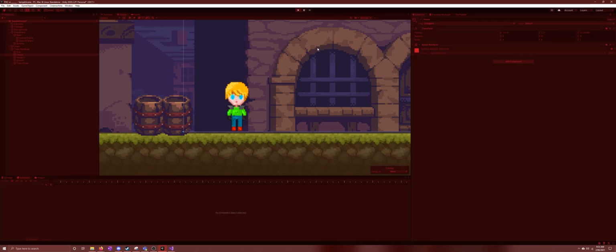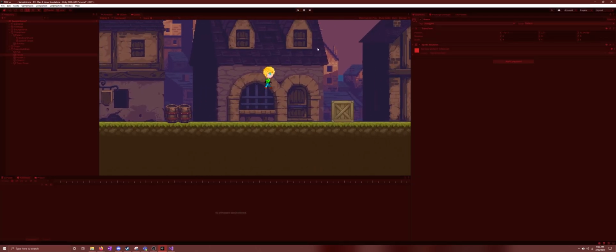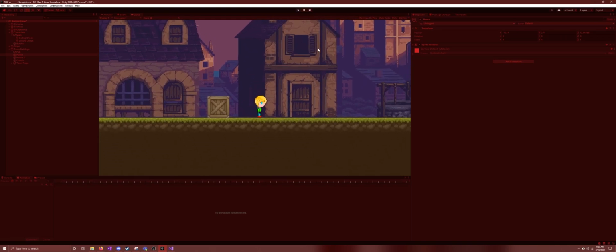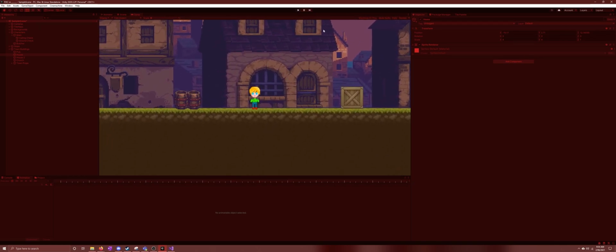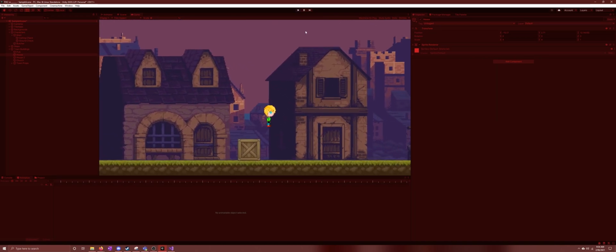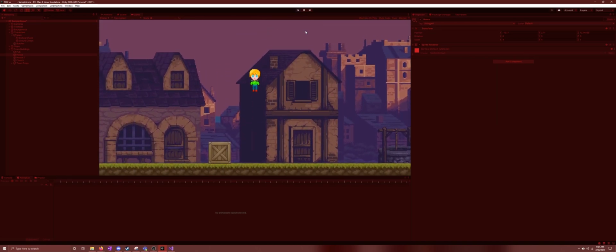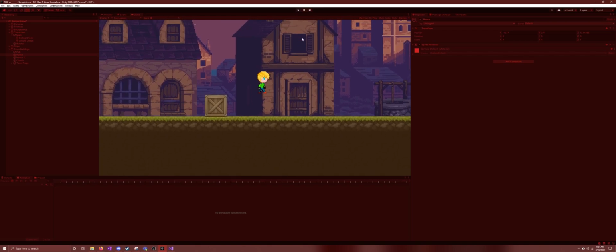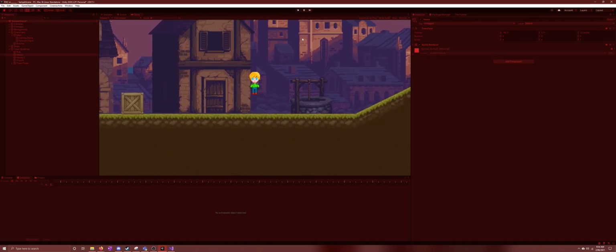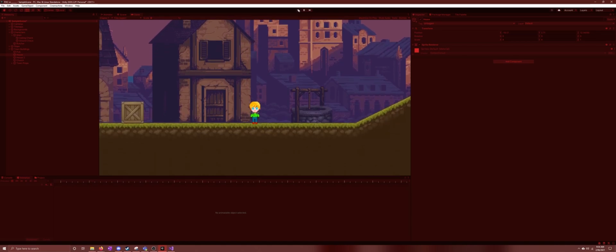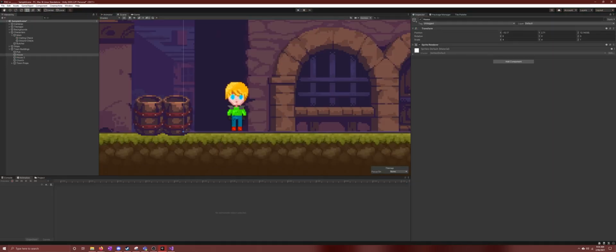Obviously, at the moment, if I'm walking and I hold jump, we kind of want him to still face the direction that he's jumping. Maybe? Or we could just set it so that if he's jumping, he's always kind of straight and flat. I don't know. It's up to you. So what you could do